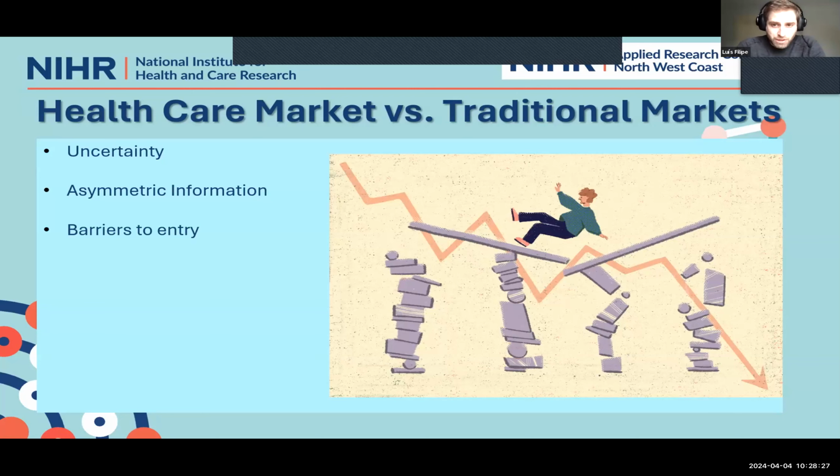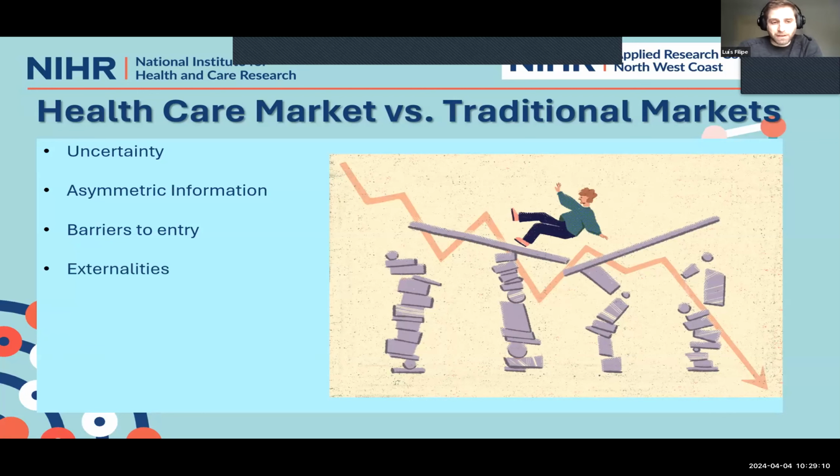Now, there are barriers to entry. If you and your friends decide to open a pub, you put some money together, you buy a place and you open a pub. If you decide to open a hospital, you can't, I guess. So it's probably not easy. There's a lot of regulation. It's not like I want to open a hospital and I just open it. It's quite tricky. This is very important because in traditional markets, it's easy to enter and easy to leave. So this is also going to help the equilibrium being found by itself, but not in regulated markets like healthcare.